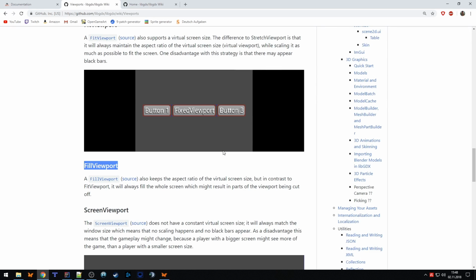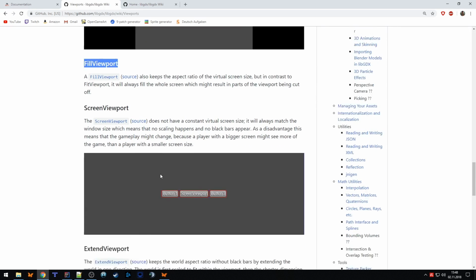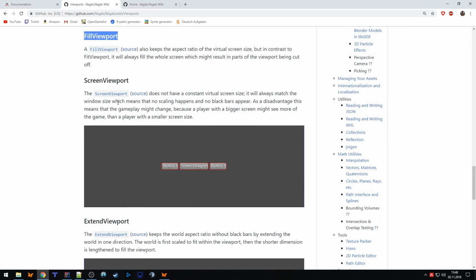So let's assume you have a strategy game, and of course all your players should have the same view so that the player with a bigger screen does not have an advantage because he does see more of the scene. That should not happen. So a fill viewport would be a bad idea here because people with a bigger resolution can see more of your game. That's basically the disadvantage.